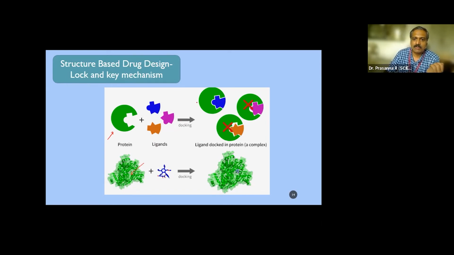So we can say that this particular blue part, the best fit molecule, is going to be the molecule which gets tightly bound to the protein pocket through hydrogen bonding, and the protein is completely intact and is not going to undergo metabolism. So this is a cartoon which I'm showing here.